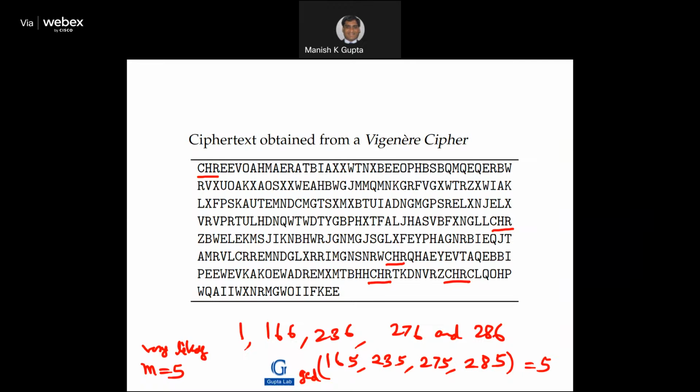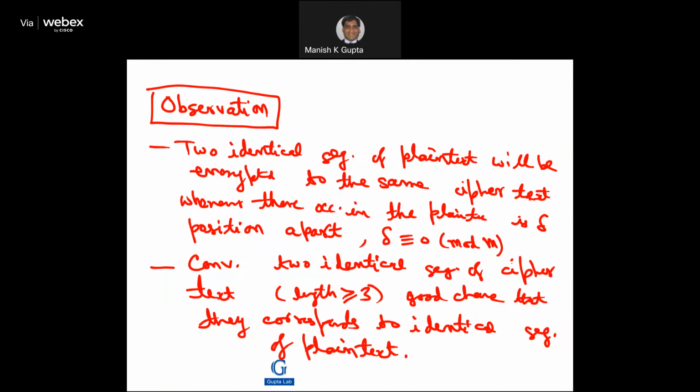So this is the ciphertext from the Vigenere cipher. You can observe that CHR is occurring at so many places. These 1, 2, 3, 4, 5 places at least I can observe, right? Some portion of text. Actually, I should mention the observation first before telling this. This is the observation: 2 identical segments of plain text will be encrypted to the same ciphertext whenever they occur